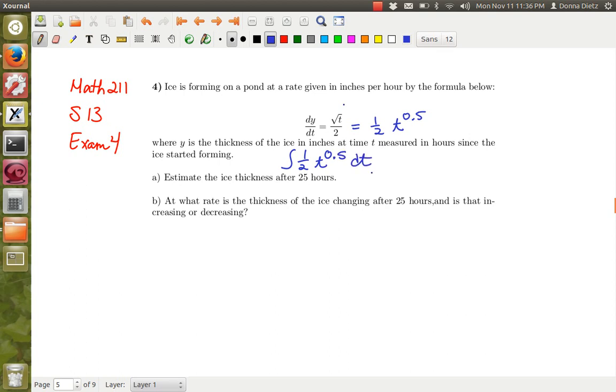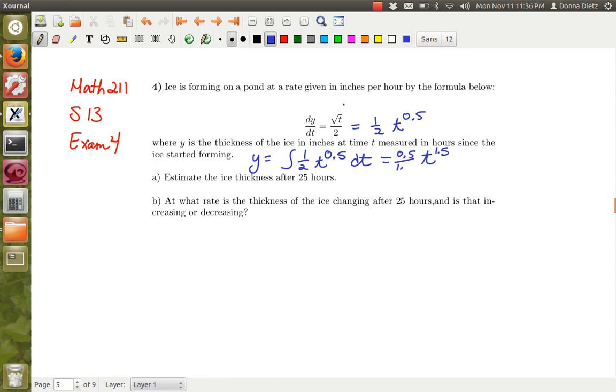If you just figure out the function first, then you don't have to do the accumulated change. It's really exactly the same thing, but it might be easier mentally to think that you're actually calculating y and then answering the question. Okay, so the new exponent is going to be 1.5,